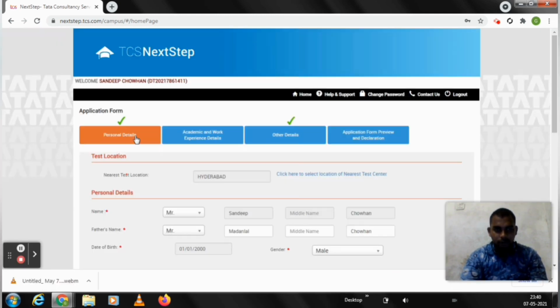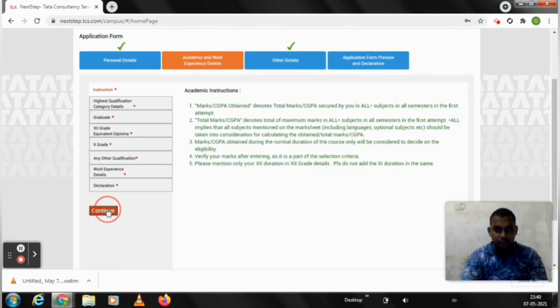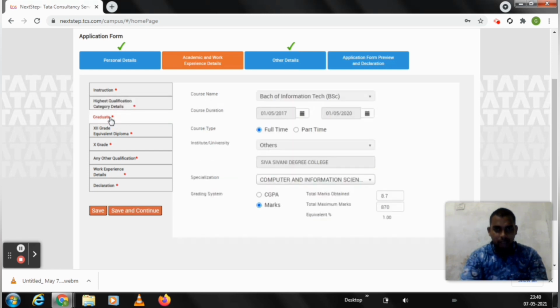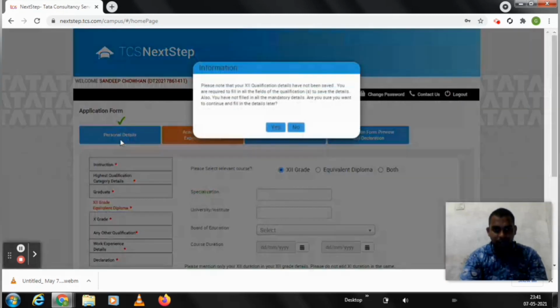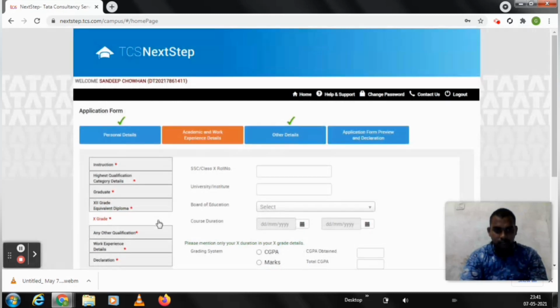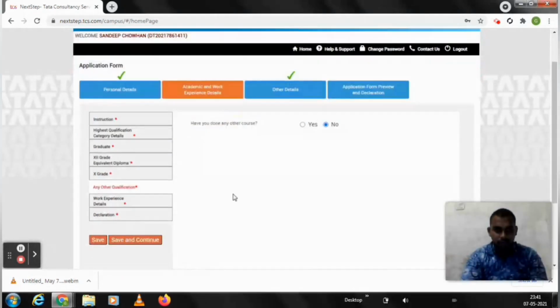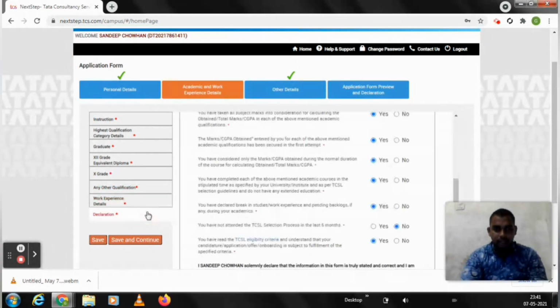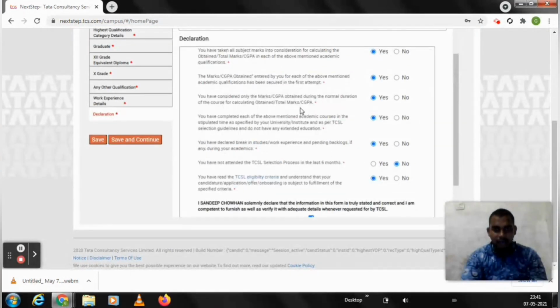In the application form, you should fill the personal details first, then go for the academic details, in which you have to fill the highest qualification, then graduation, the course duration and type of course, whether it is full time or part time, and your university name and specialization, then class 12 details, then class 10 details, then if you have any other mandatory courses, and then if you have any work experience, you should mention it here. In the last, read the declaration carefully and mark yes or no,